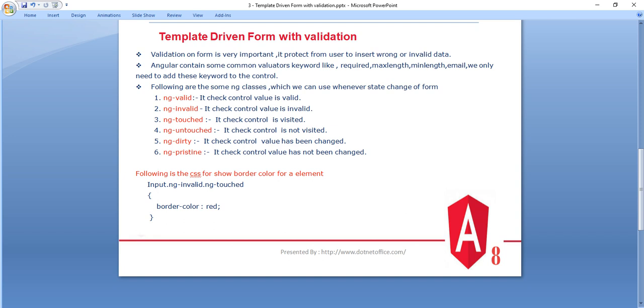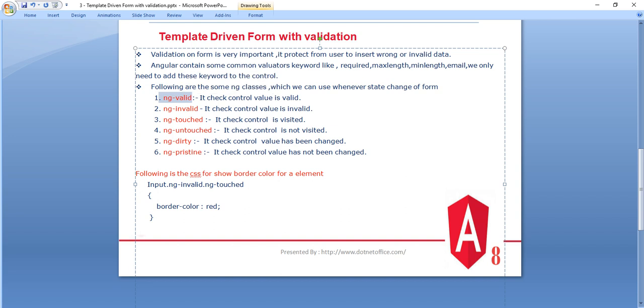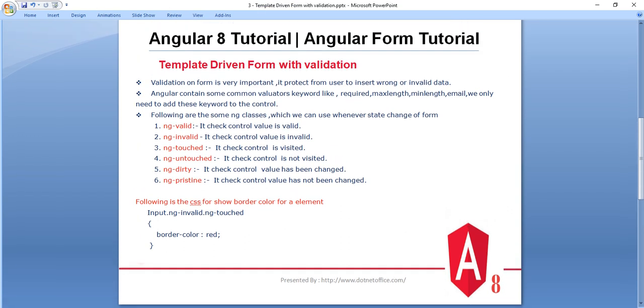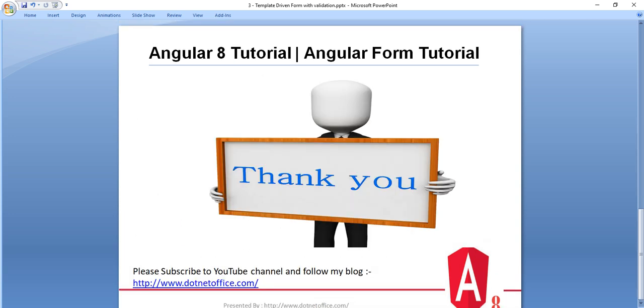So that is all about, like currently we are using ng valid, and we have put the not equal to, even we can use ng invalid, means equal to ng invalid. So not equal to this is basically equal to the ng invalid. So it is our wish how we want to use this control. So that is all about the validation in the template driven form.